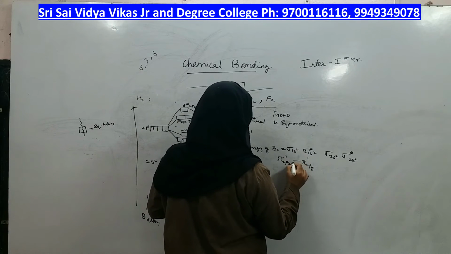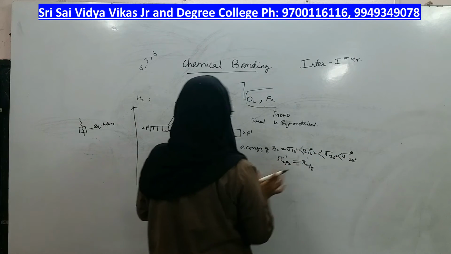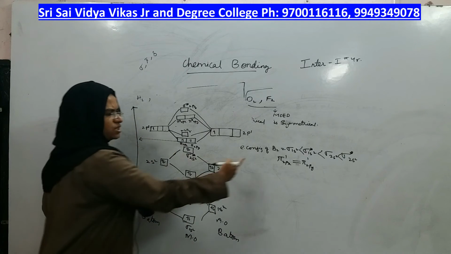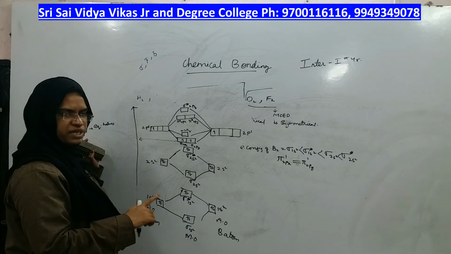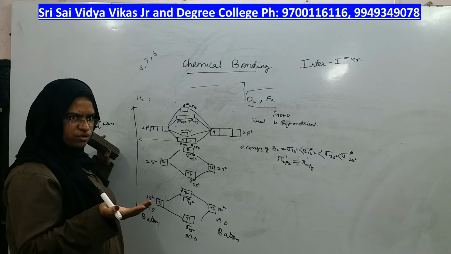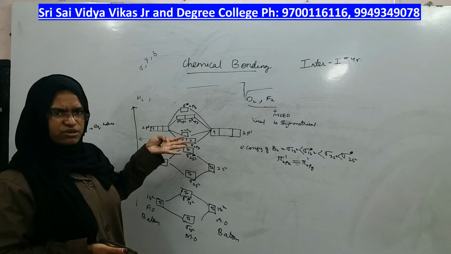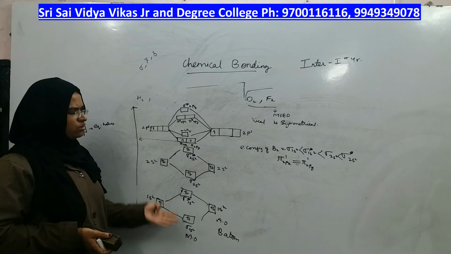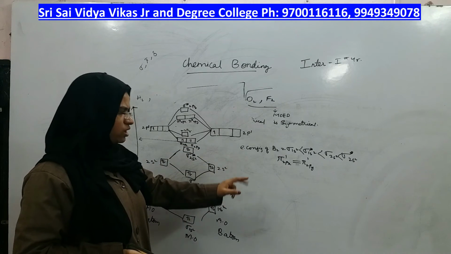Both of them are equal in energy, right? These are in increasing order, but these two have the same energy. In the energy diagram, they have the same energy, right? So they are equal, therefore you should use that symbol equal to between pi 2px and pi 2py. After pi 2py, any orbital has electrons? No, they don't have. So shall we write? No need, right? Electrons are till here only, so we will write the electronic configuration till those orbitals only, right? This is the boron molecule molecular orbital energy diagram, and it is the electronic configuration of boron molecule, right?